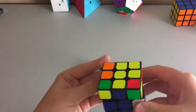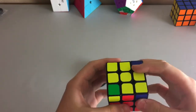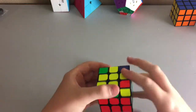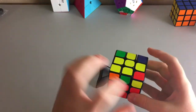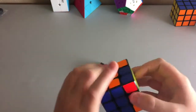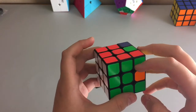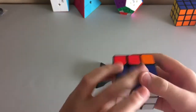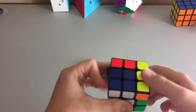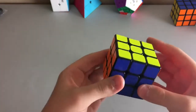After that, I do a repeater algorithm that gets me the yellow cross. And then I do different algorithms that get me to this state, which is called Sune. And then I solve from there. After that, I need to look for a pair of headlights. If there aren't any, I repeat this algorithm. So you put the headlights on the bottom, bring this down, and then do this algorithm. Therefore, luckily solving the cube,